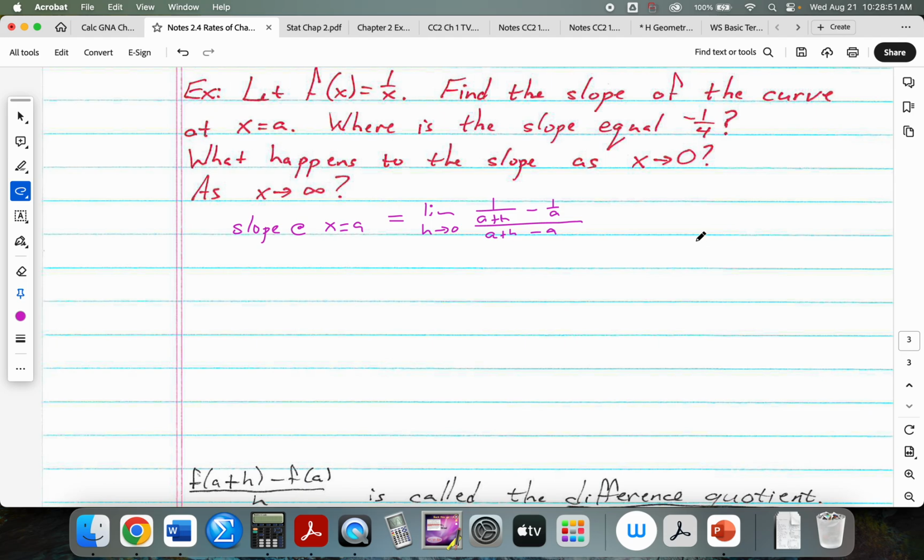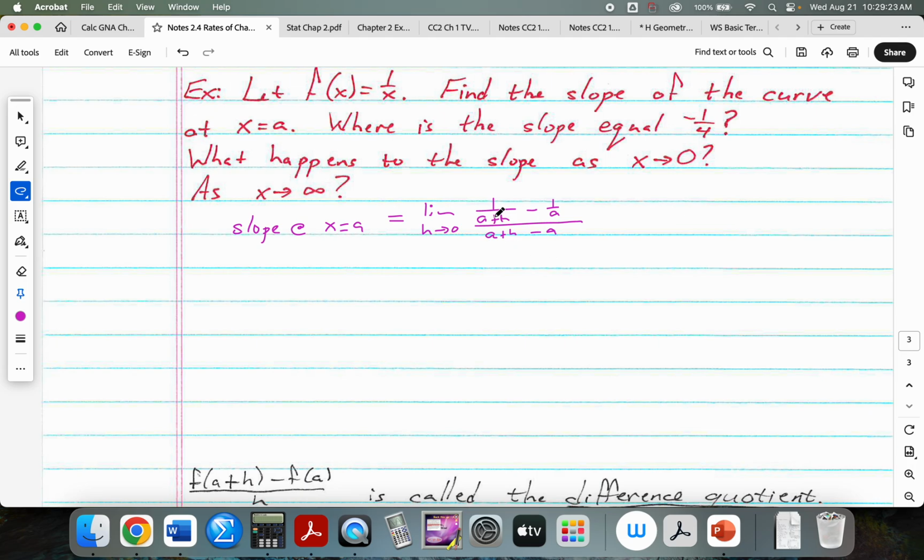Always, always, always on these, when you first substitute in, you get 0 over 0. So there's always got to be something that we're going to do to help us out so that it's no longer 0 over 0. In this particular case, in the denominator we're going to change that to just h. But in the numerator, what we're going to do is clear the